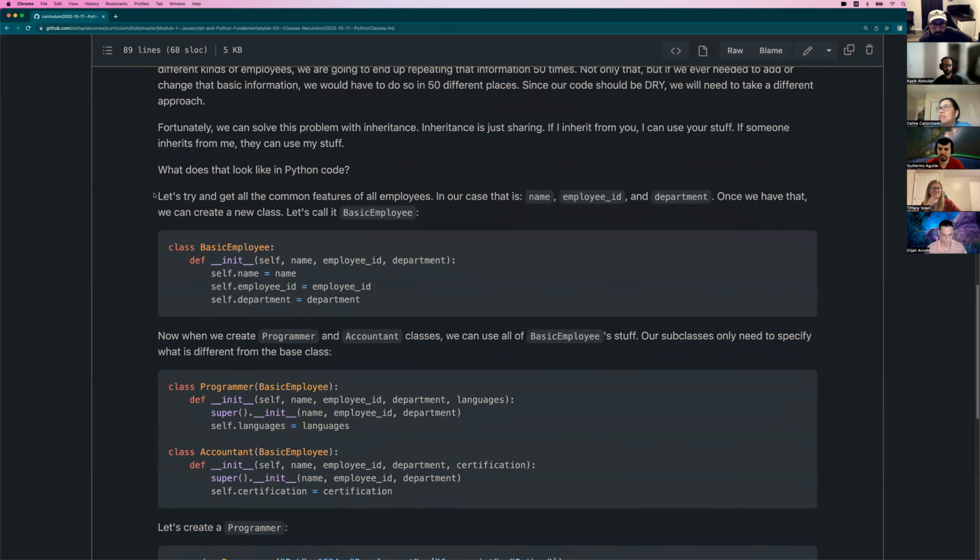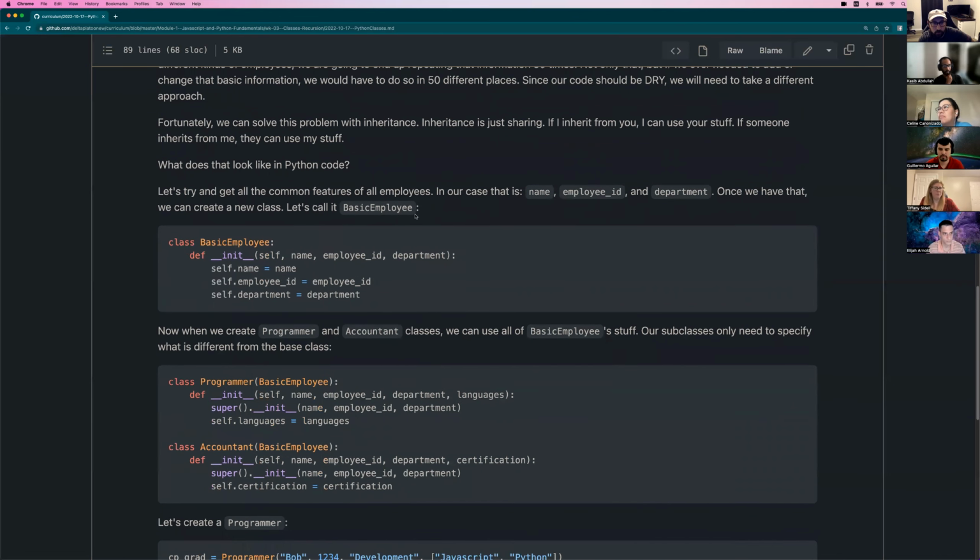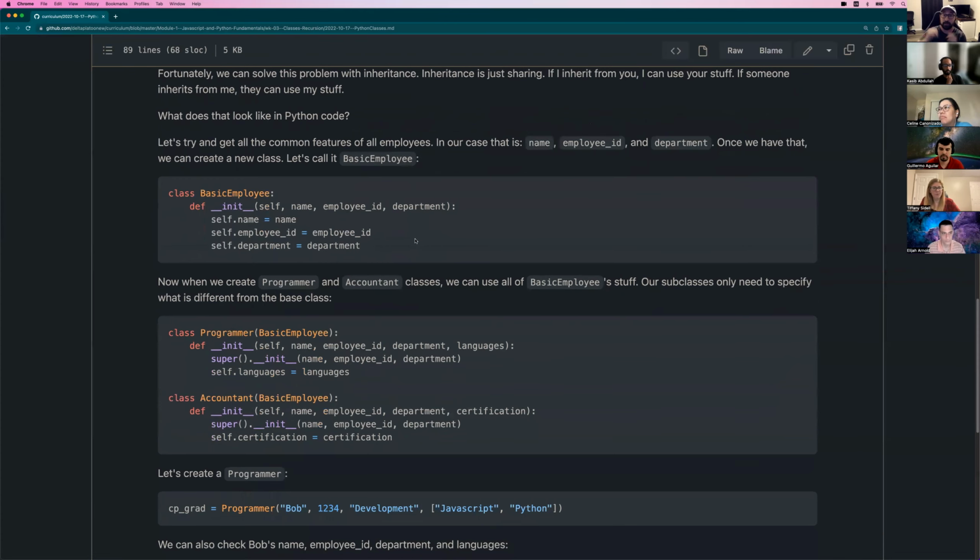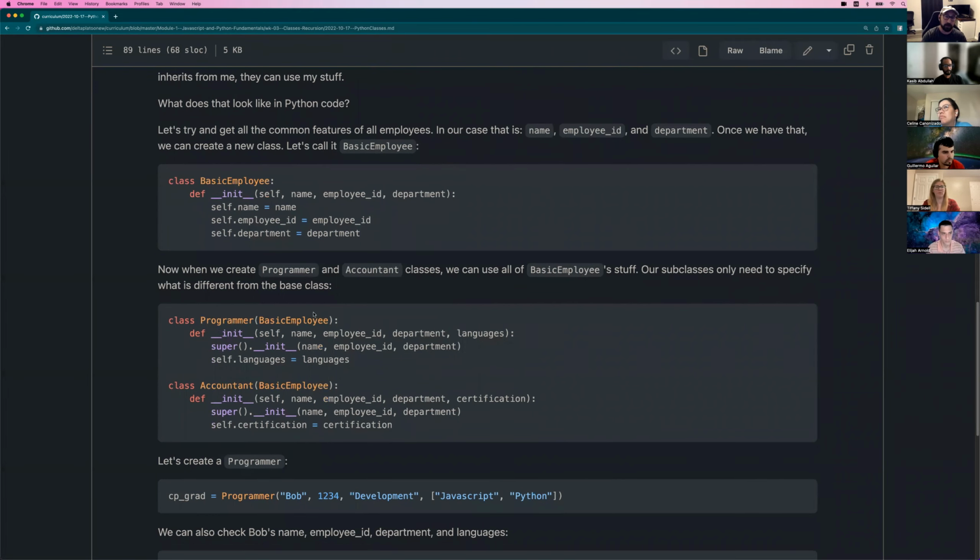So we're going to take everything that we know a standard employee should have, which is name, employee ID, department, and we're going to create a basic employee. From there, we can branch off and create different employees based off of their job.